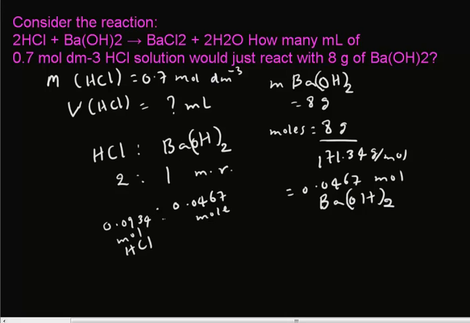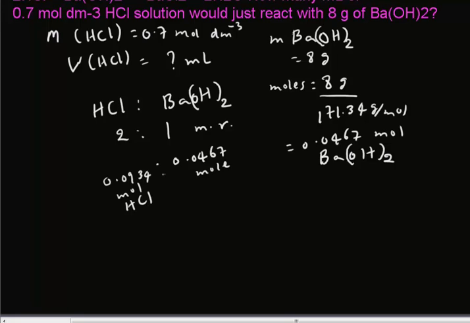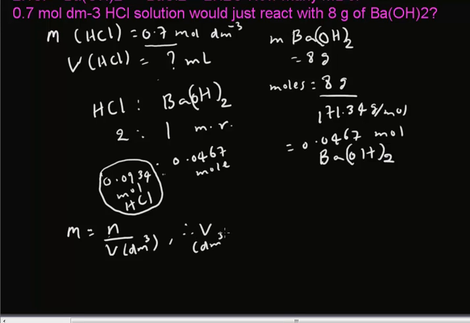Now we can go further, and now we know the moles of HCl. If you remember our equation, mermaids need vegetarian diet. Molarity equals number of moles over volume in dm cubed for HCl. So we know the number of moles of HCl, which is 0.0934, and we know the molarity of HCl, which is 0.7. So as a result, I can calculate the volume of HCl in dm cubed as